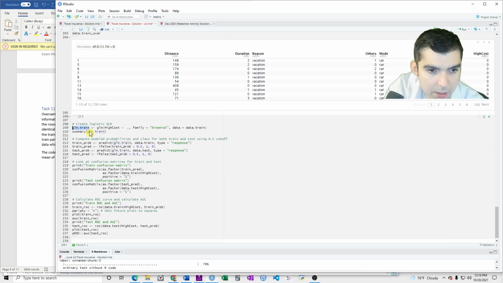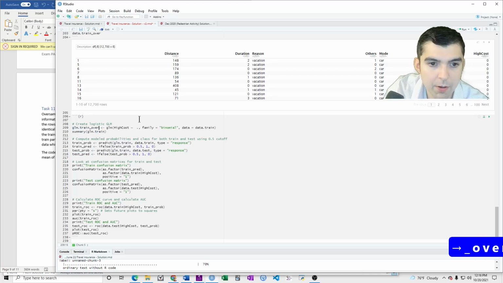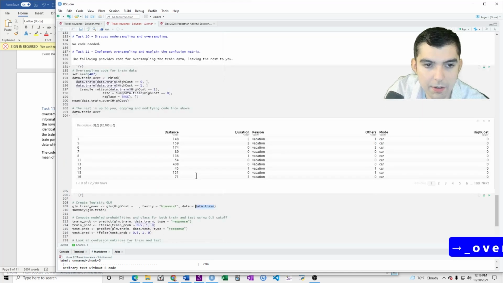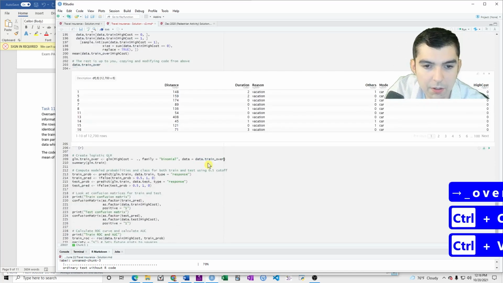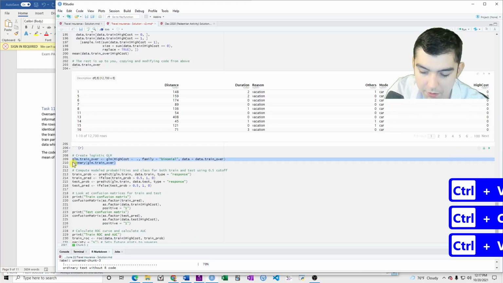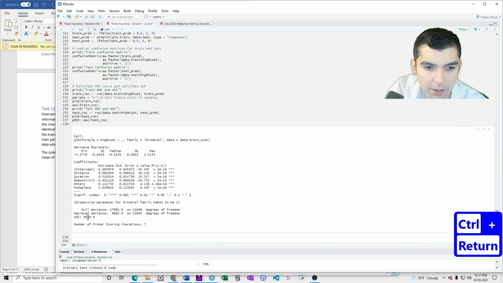So we have GLM train. Let's rename this GLM train over. And then the data set is this data train over. We fit this GLM. See that it has the same variables. Of course, the AIC is different.